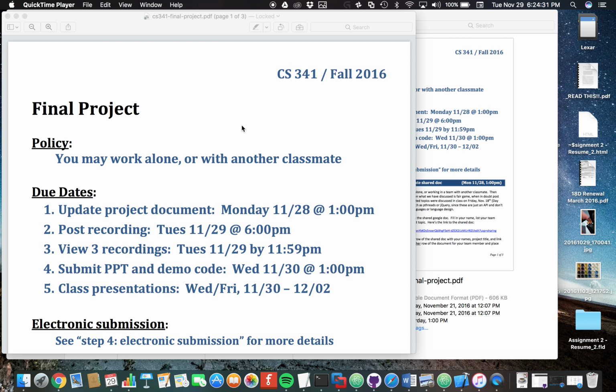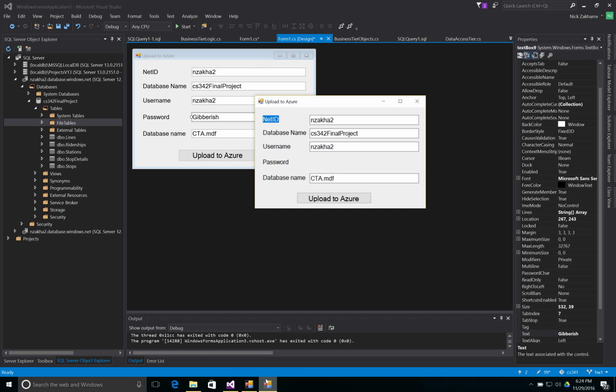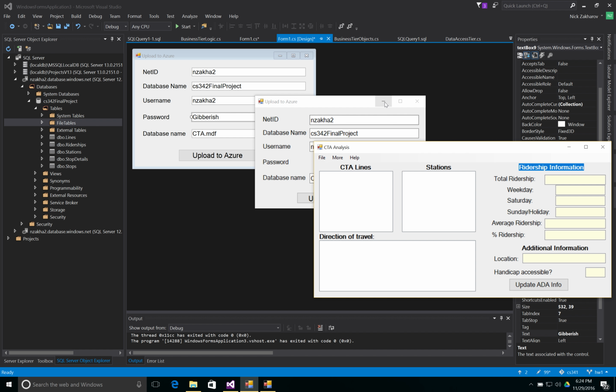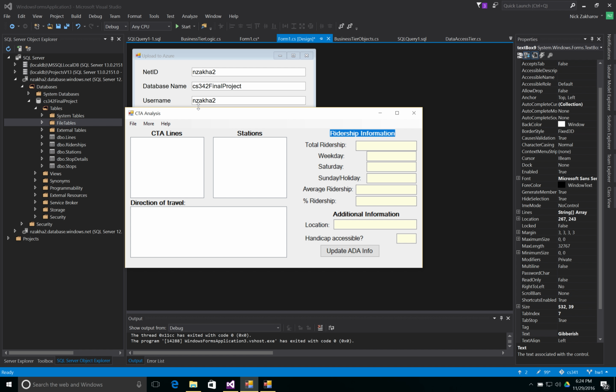So this is my final project for cs341. What I wanted to do was, for homework 3, we created this database. So what I wanted to do was pretty much put this on the web. To do this, I initially started out with